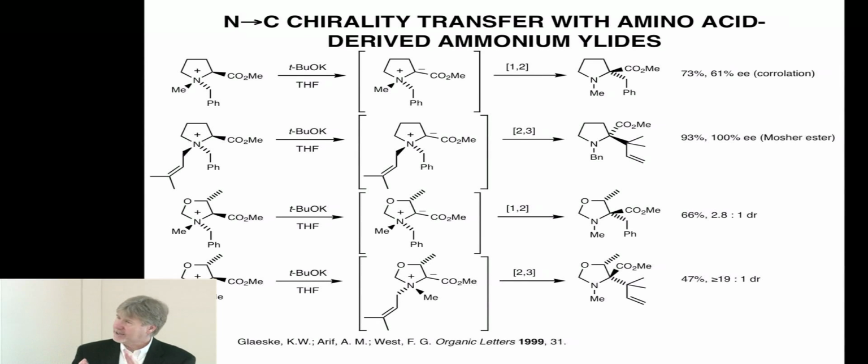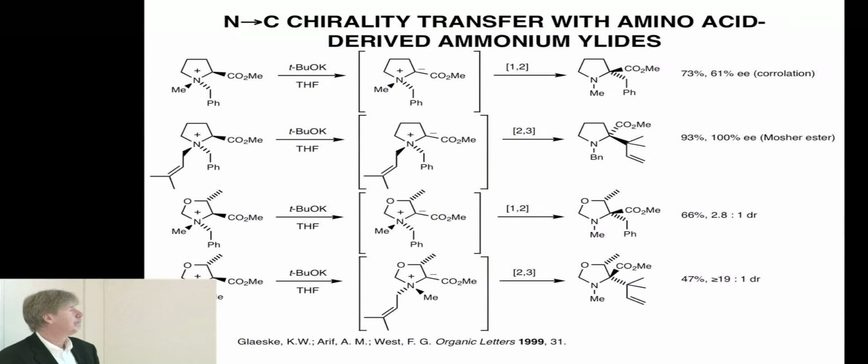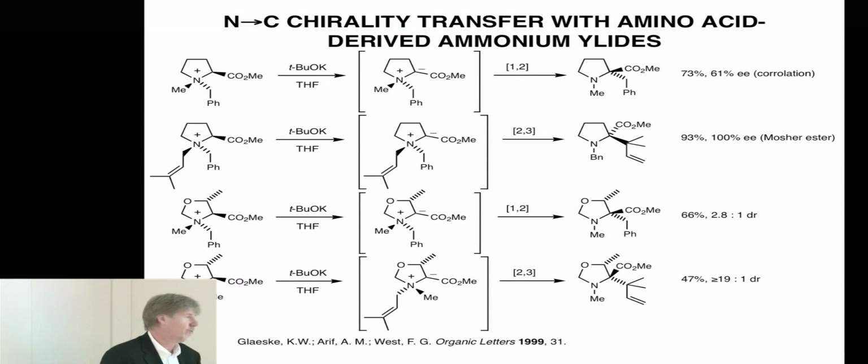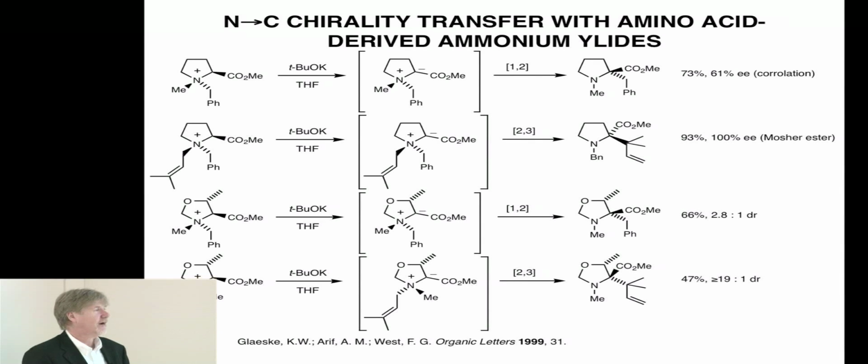If you really had a radical pair intermediate, some of that radical pair could diffuse out of the solvent cage, and then the benzyl radical would no longer remember whether it started out below the ring or above the ring. And of course, these conditions here are not optimum for a highly structured solvent cage. So we did see some diffusion out of the solvent cage, and instead of the high stereoselectivity we saw here,